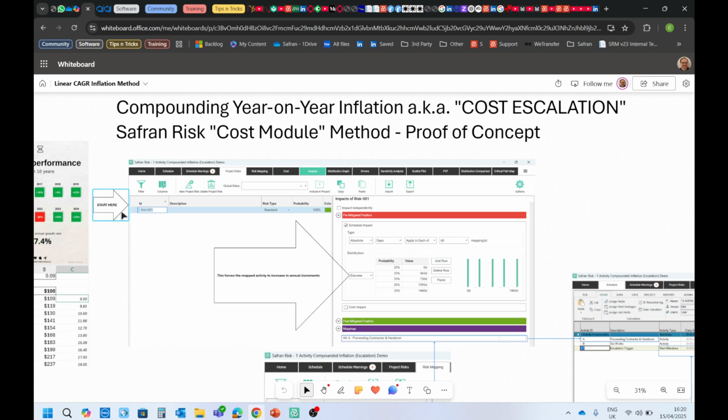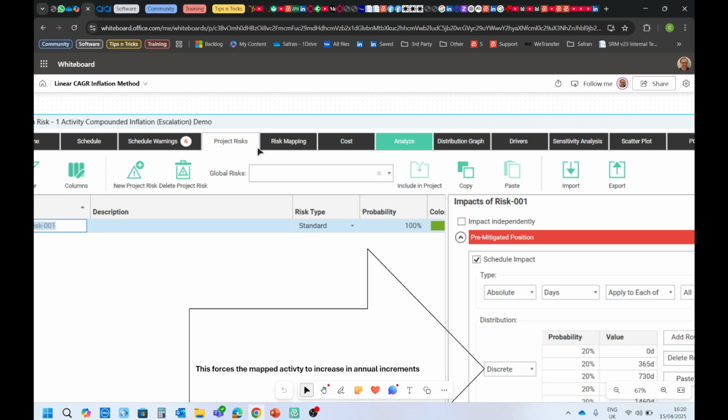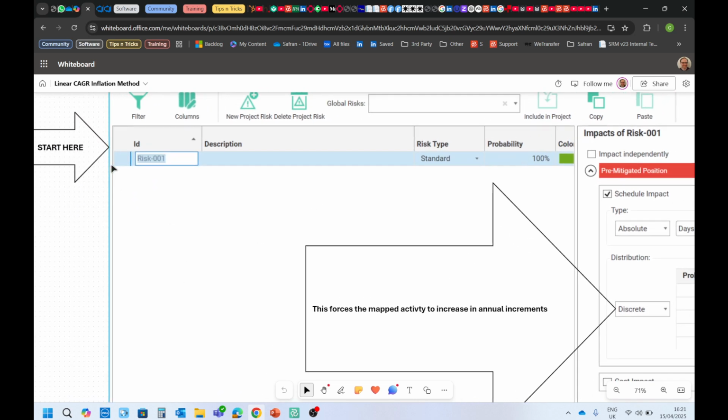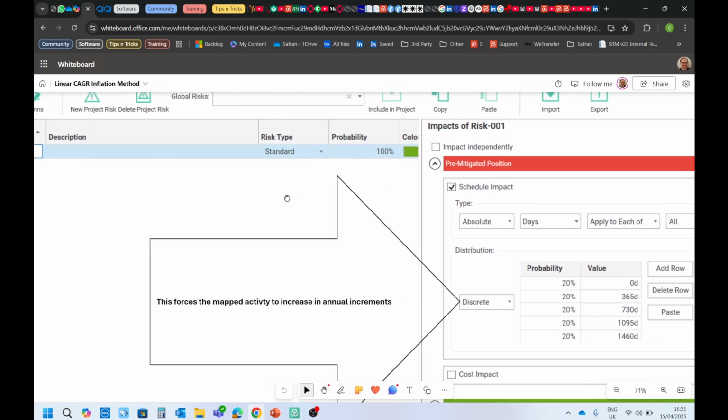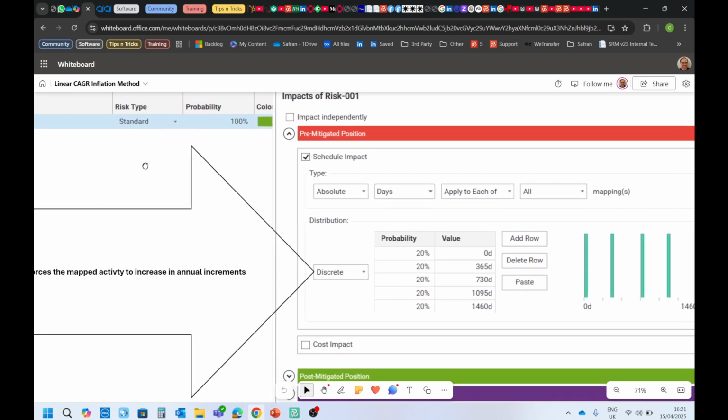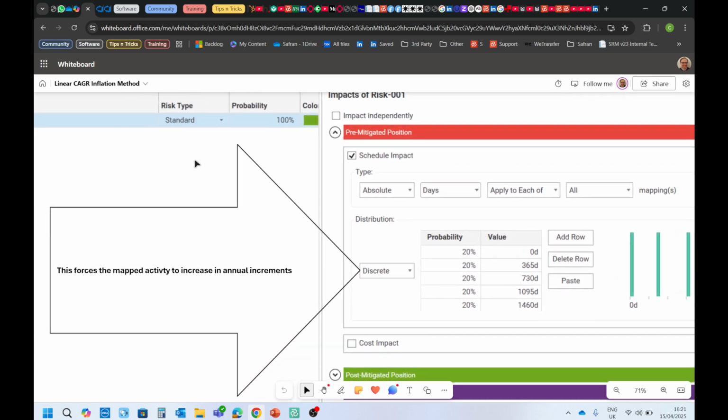So starting here, we're actually going to start on the risk register, so the project risks tab of Safran Risk. I've dropped a risk in there, and I've given it 100% chance of occurrence, so it's always going to be used in every iteration. Now, the impact of this item,